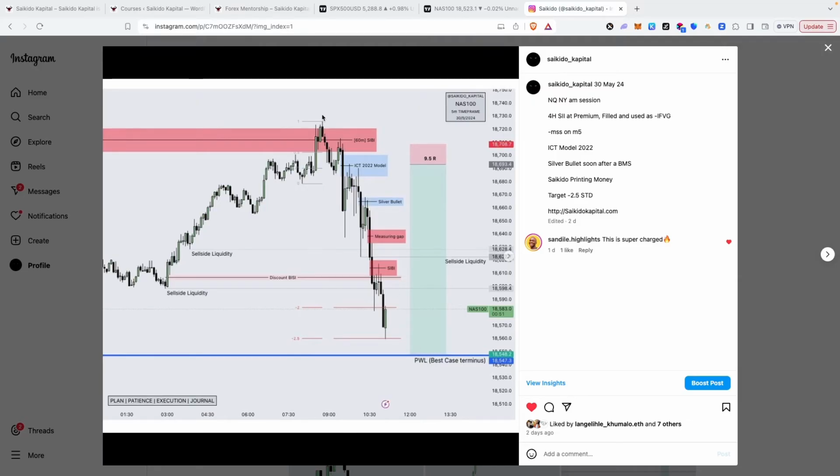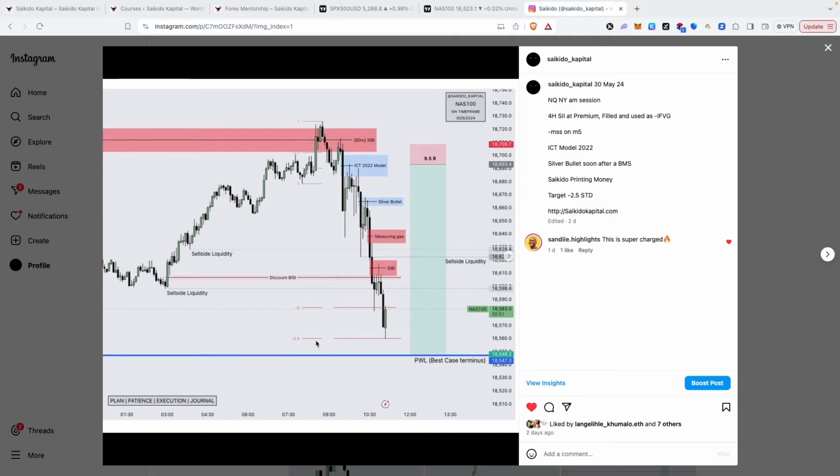So first thing is to actually take my profits here. I will measure the swing leg, the manipulation. So you have a high, low, higher high. Then now we have a lower low here that broke structure. So this low to that high is your manipulation leg. So I measure with my Fibonacci from the swing high to the swing low. Then I extend them out to get the standard deviations. And I know that -2 and -2.5, those are my